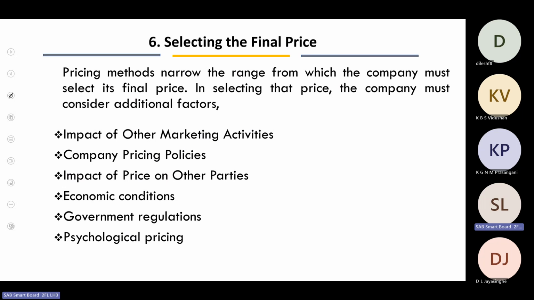Sometimes when the economic conditions are getting worse and worse, right? Though we do not like it as companies, we might sometimes have to increase the price to cover the cost of goods. And with government regulations, sometimes we are not getting that much profit. We might still have to sell our products for a lower price, because the government is imposing rules and regulations. Governments have policies related to these pricing practices. Then we have something called psychological pricing, which I will be discussing at the end of this session. Right? Psychological pricing.